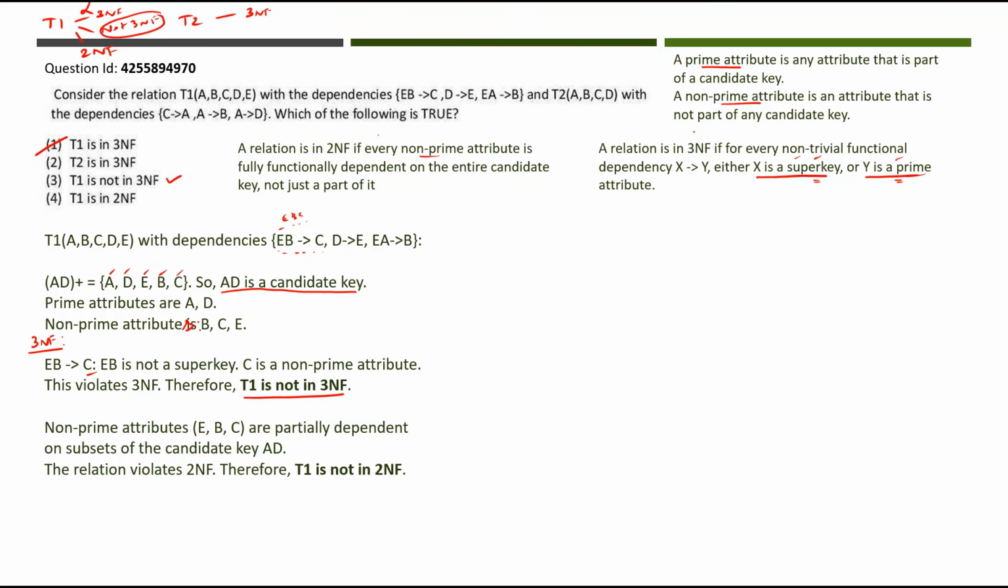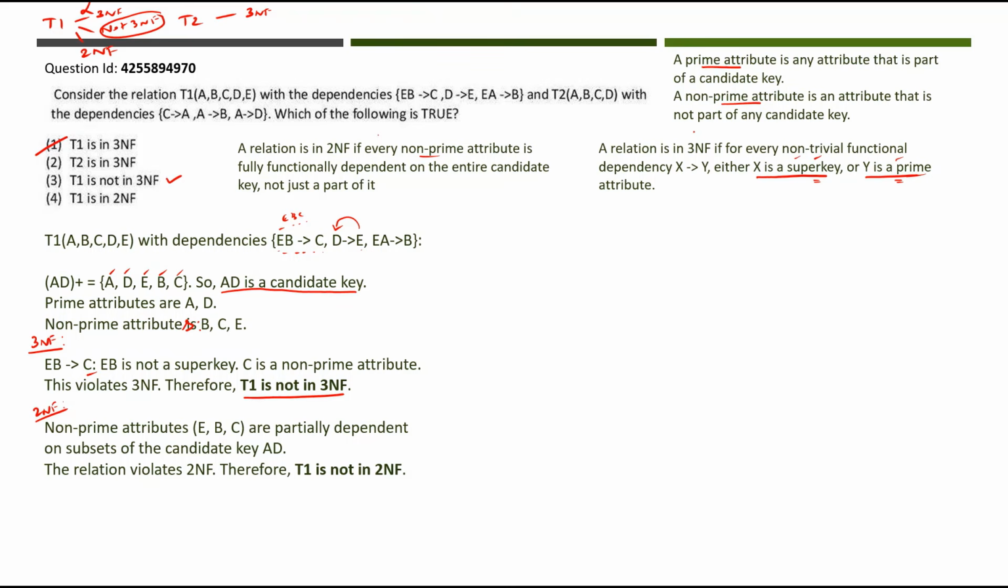Now we will check for 2NF. For 2NF they say non-prime attribute should be fully functionally dependent on the entire candidate key. What is the candidate key here? AD is the candidate key. The non-prime attributes are E, B, C. Are they fully dependent on AD? No. E is dependent on D alone and not A, which says that they are partially dependent on the subsets